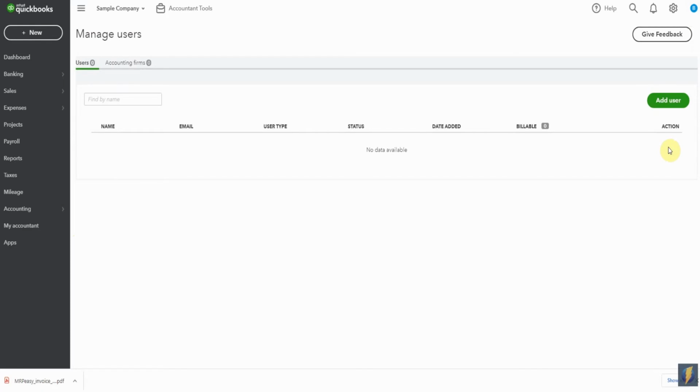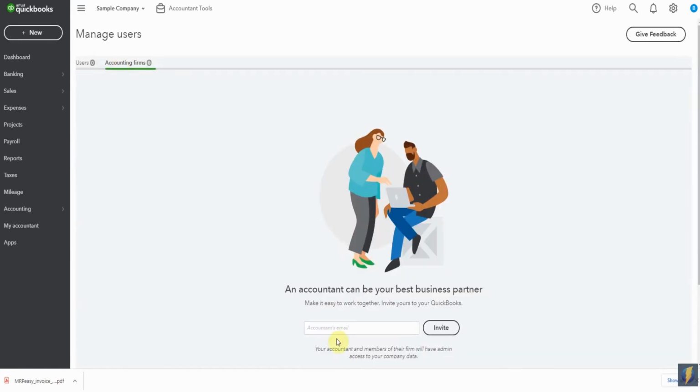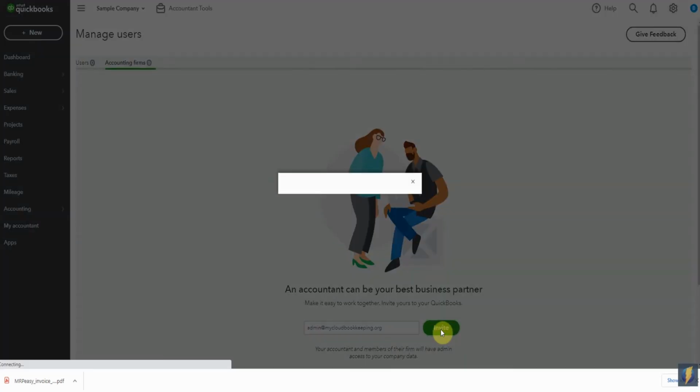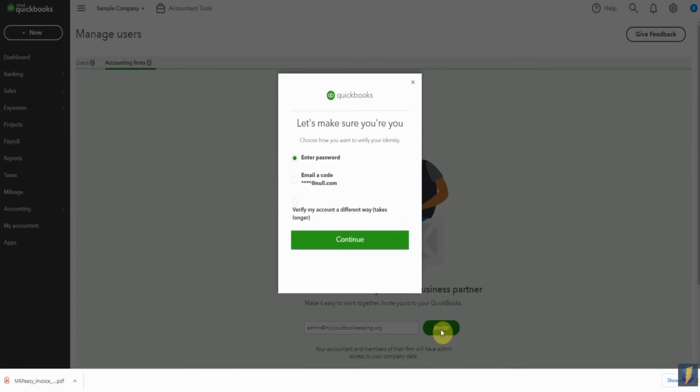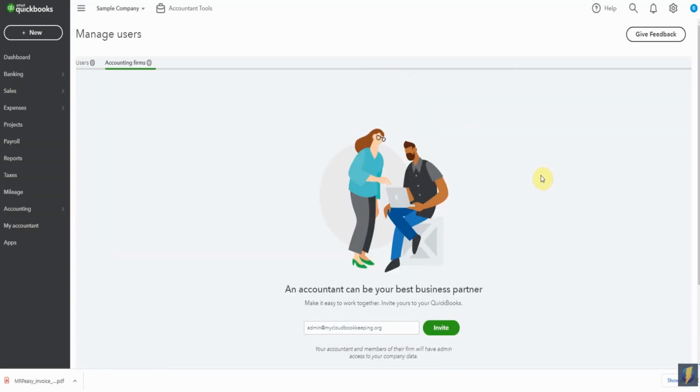Now, if you're wanting to add an accountant or an accounting firm, like say you want me to do some work on your file, you click up here at the Accounting Firms tab, and then you just type in the email address that your accountant will give you. It won't always be their regular email address, so just do check, and then you click Invite. Whoops, here we go, Invite. But once again, we're probably going to get a message on this one. Oh gosh, it looks like I've invited me. Ha, there we go. Normally this is not going to happen. Your accountant will just get their invitation and then they can work on your books.